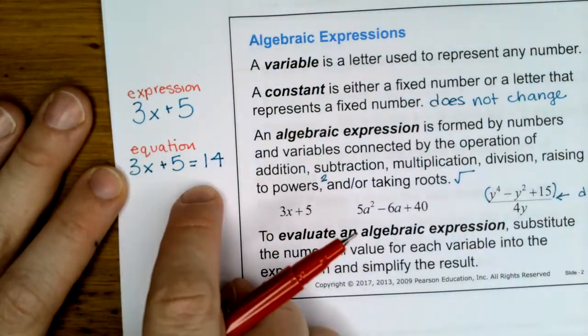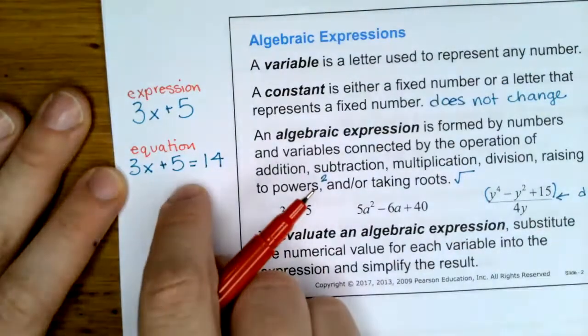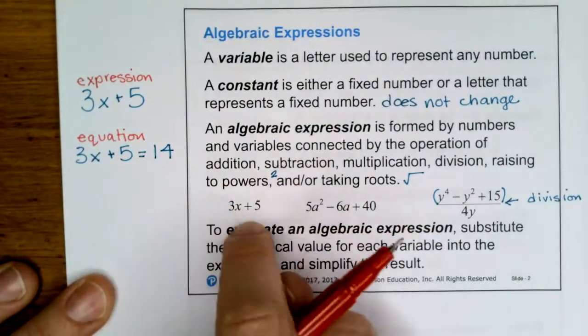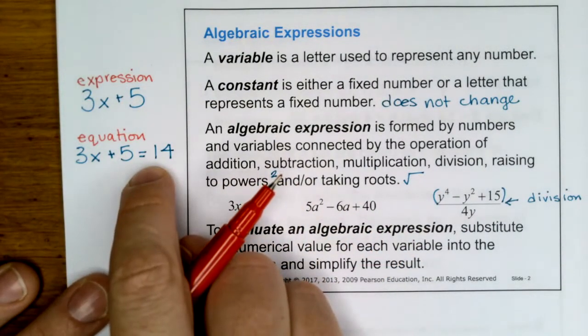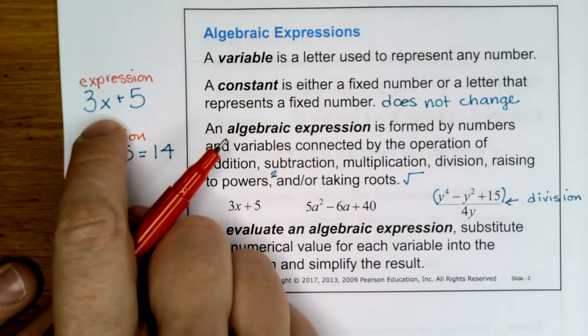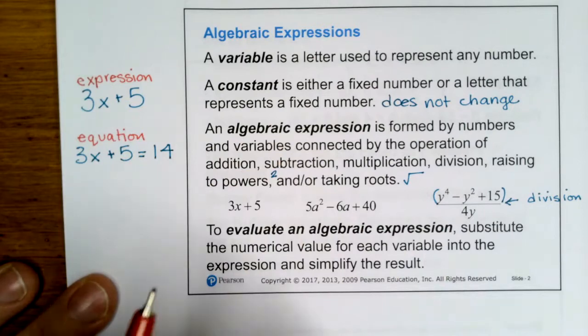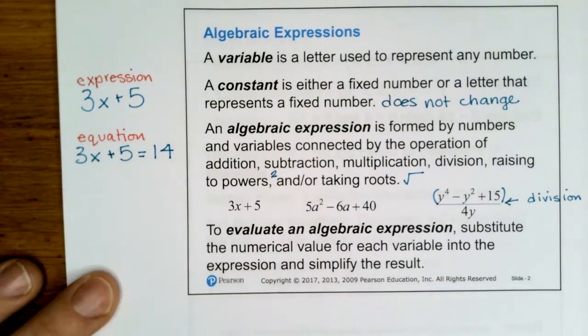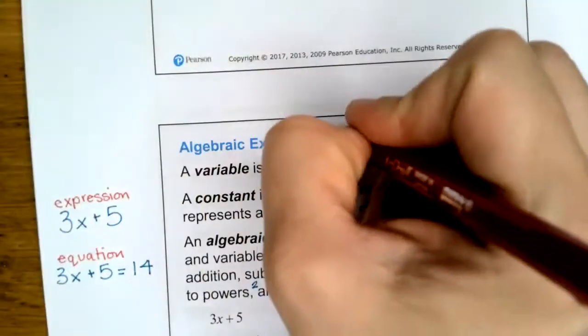An equation will always have an equal sign. An expression does not have an equal sign. If our algebra lacks an equal sign, we cannot solve it. I cannot find out what x is if I can't set 3x plus 5 equal to some number, right? So algebraic expressions cannot be solved. We can only simplify it